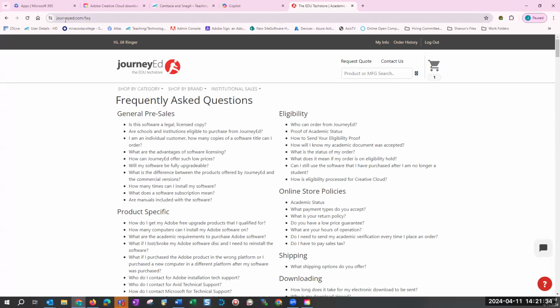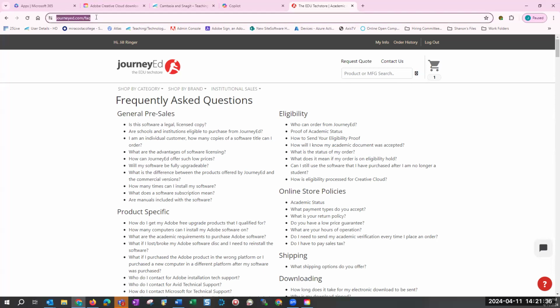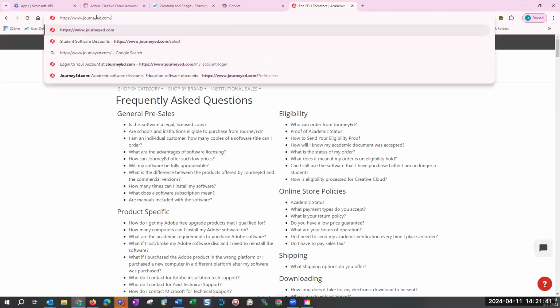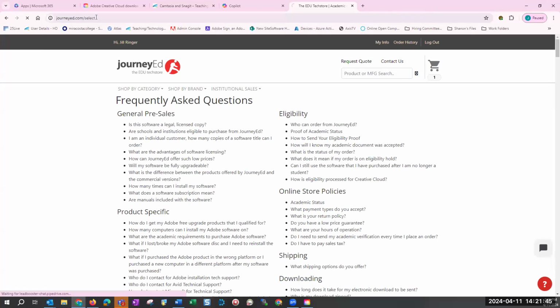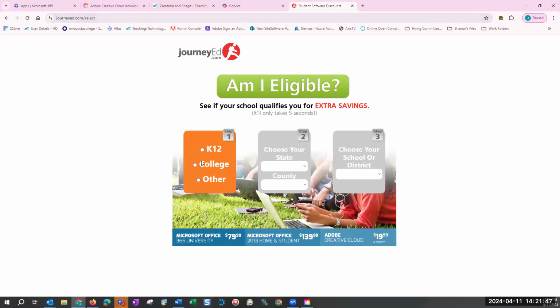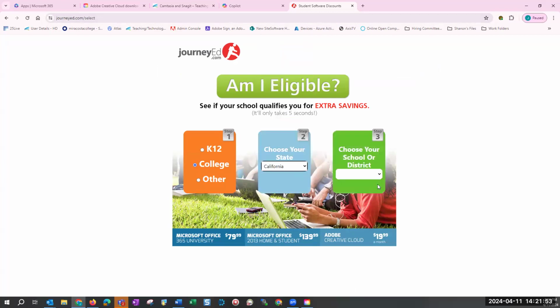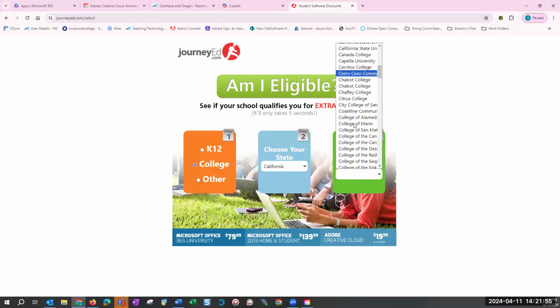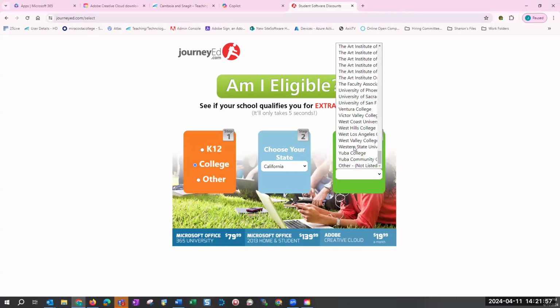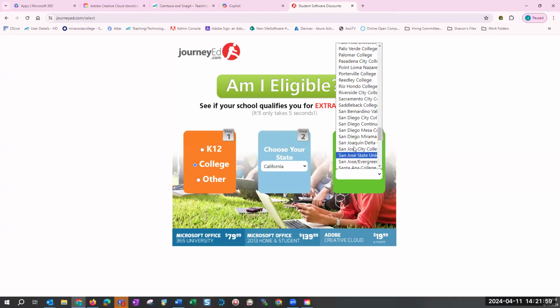Okay, so now that we have done Journey Ed, what I like to do is go to journeyed.com and select. The select narrows it down to MiraCosta. Of course, it doesn't really matter because you still have to send in your proof.